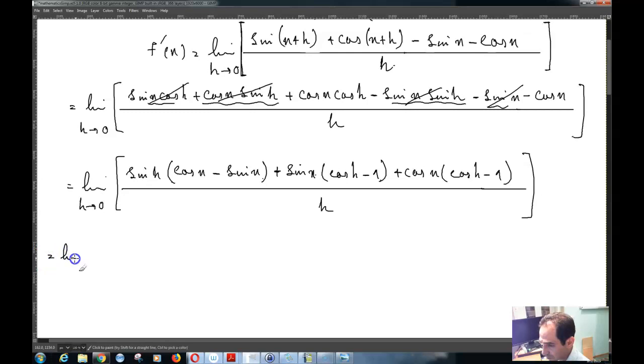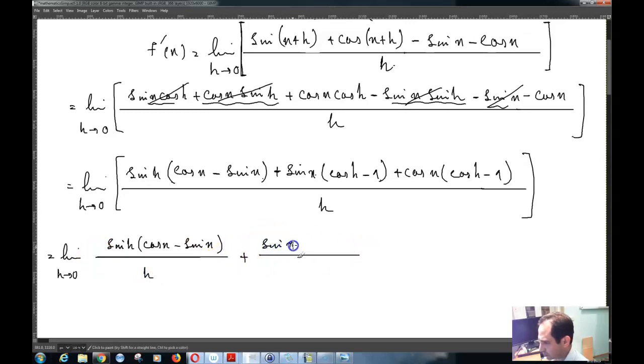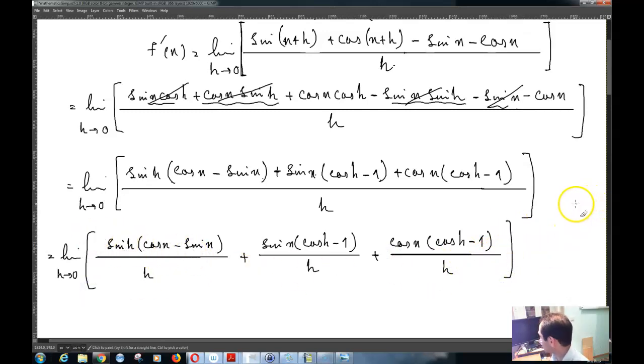You can write this as the limit of h tends to 0, and then you can write this as, for example, sin h times cos x minus sin x over h, okay, plus sin x times cos h minus 1 over h plus cos x times cos h minus 1 over h,